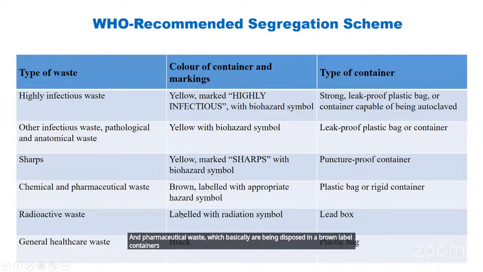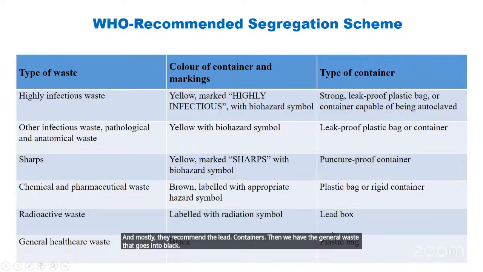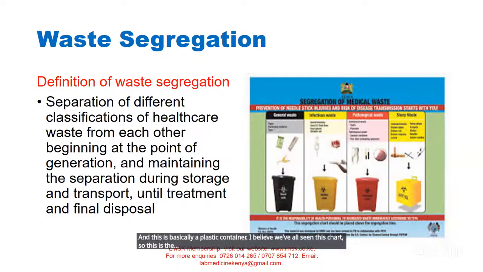We have the radioactive. So this radioactive, sometimes they use the gray and it needs to be labeled radiation. And mostly they recommend the lead containers. Then we have the general waste that goes into black, and this is basically a plastic container. I believe we've all seen this chart. This is the basic chart that we use in our Kenya system as a guide to help us in